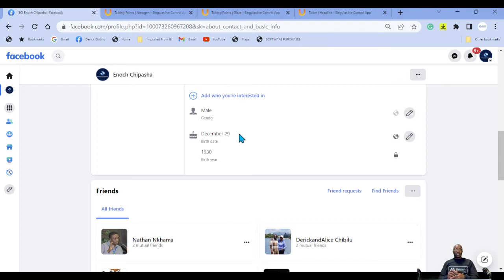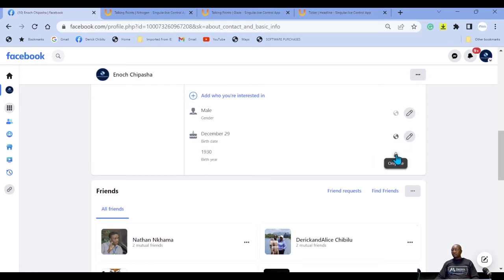For those of you that don't want people to figure out how old you are, you still need to put something here, to avoid the trouble of putting the wrong date of birth, and then Facebook notifies people on the wrong date and you have to go and explain. Please put the correct date of birth, then hide the year.